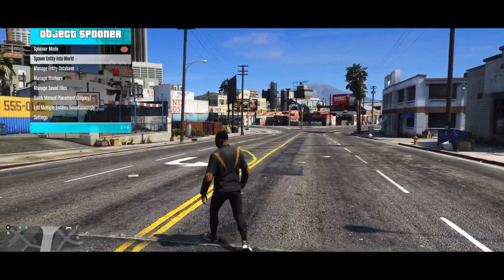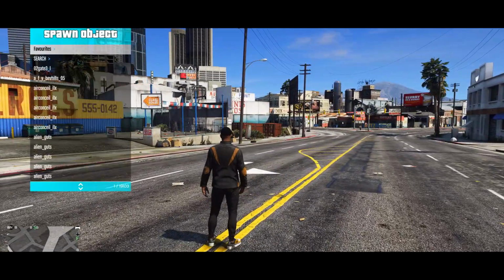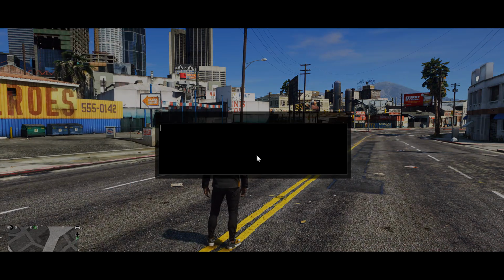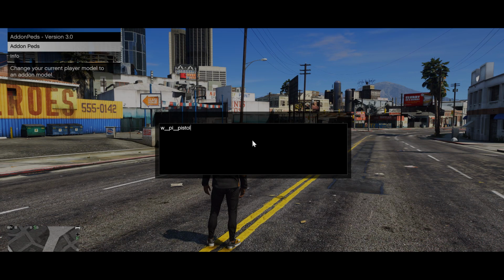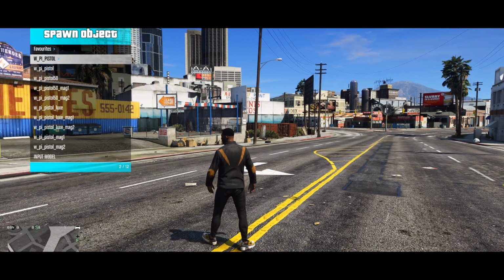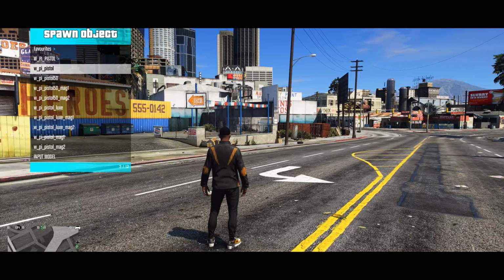Spawn entity into world, go to object, go to search up WPI pistol. Alright, go to this one, click it twice, spawn 2 of them. Alright,